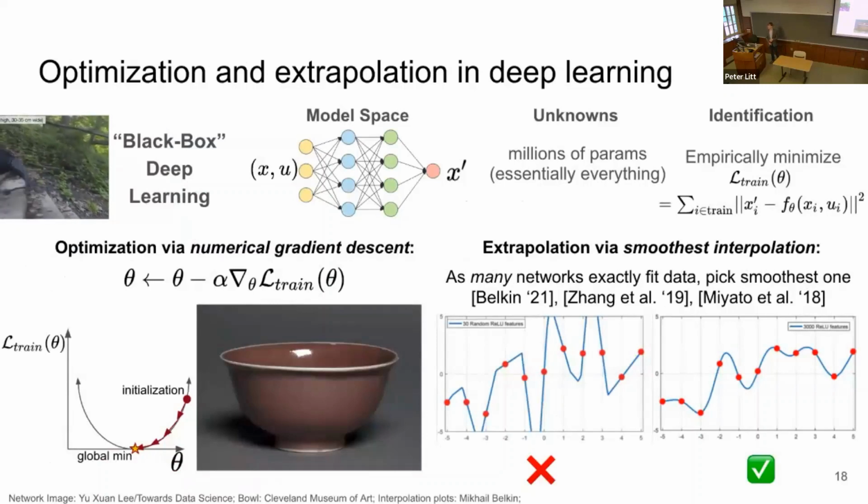As we mentioned, they are empirically choosing parameters to fit the data as best as possible. And the way they do that is through a numerical optimization process. Essentially, you pick a random set of parameters as an initialization, and then you look locally at what small change in parameters would make the prediction error go down, and you take a small step in that direction. And the way we like to think of this conceptually is that the landscape of this prediction error, as you change the parameters, is convex. It's shaped something like a bowl. And so as long as you keep going downhill, you're going to end up at the very bottom with a set of parameters that have very low prediction error.